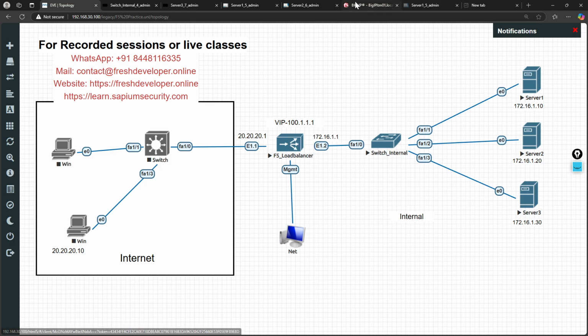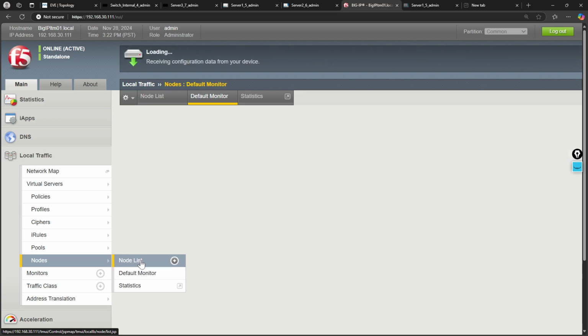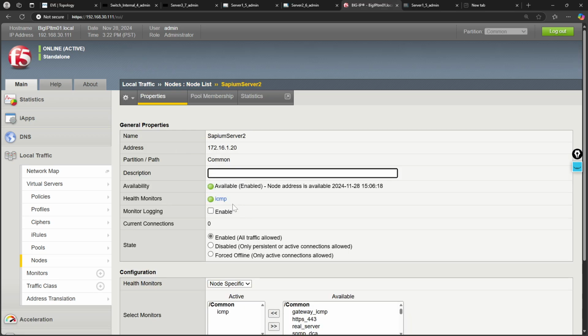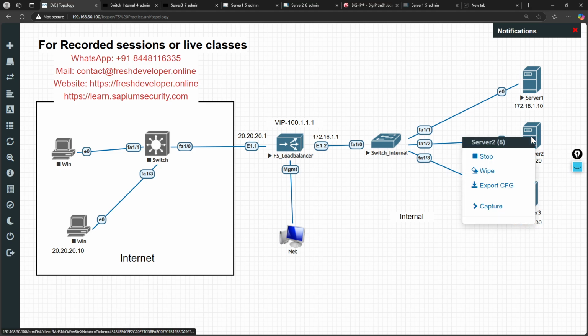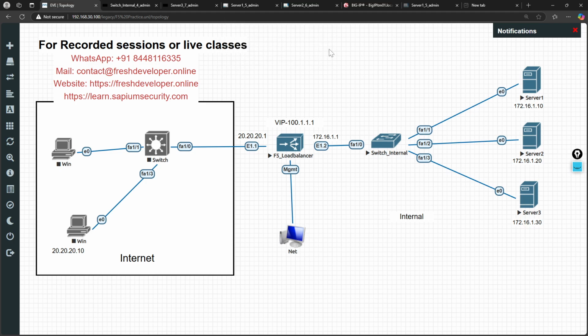So right now, you see that my monitor is configured as an ICMP here. So if I go here, I have configured an ICMP for server 2, CPM server 2. So for server 2, I'm sending an ICMP. So if I go on that server 2 to the packet capture, let's see whether we are really getting that request or not. So if I open my capture,